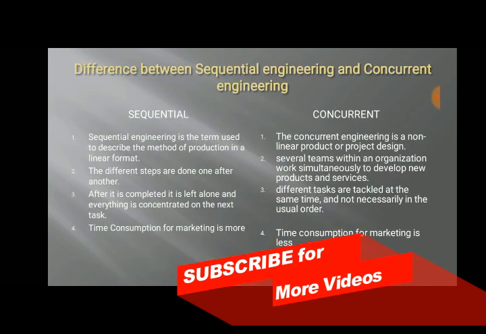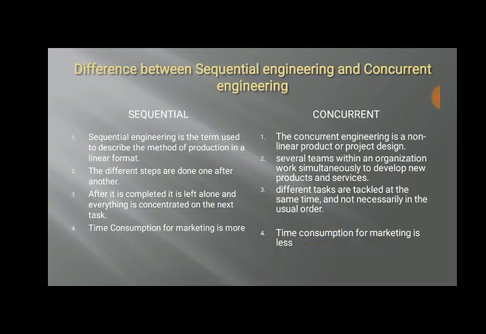So what is the difference between them? Sequential engineering is a method of production in a linear format itself. That is, information flows in one direction only. Whereas concurrent engineering is a non-linear format. In sequential, the different steps are done one after another, whereas in concurrent engineering, the work simultaneously revolves around the